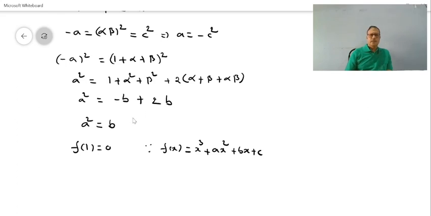Okay, so you can also substitute here. So b is equal to a square means, so a is equal to minus c square, that is minus c square whole square, c to the power of 4. So f of 1 is equal to 0, f of x is equal to x cube plus ax square plus bx plus c. So f of 1 is equal to 0 means 1 cube is 1 plus a into 1 is a plus b plus c is equal to 0. So 1 plus, so what is a? See here, a is equal to minus c square. So plus into minus c square.